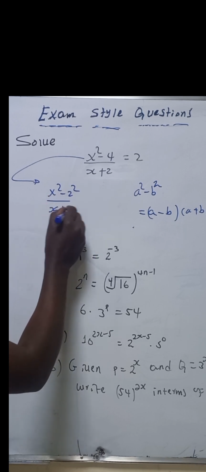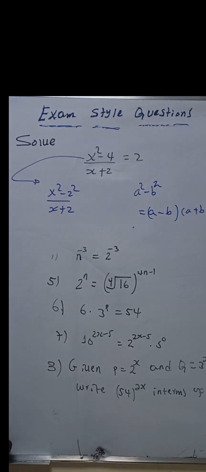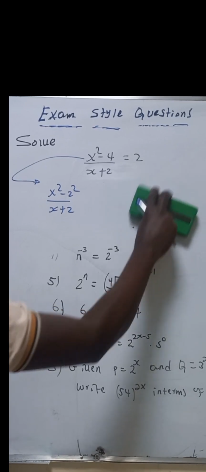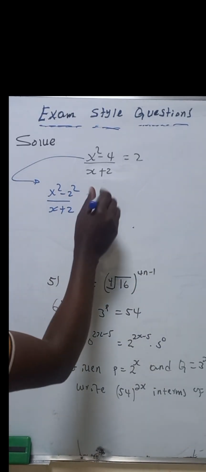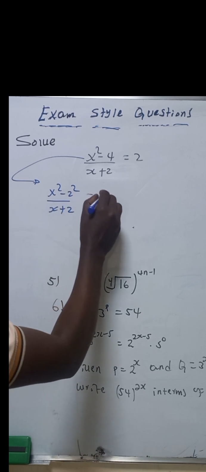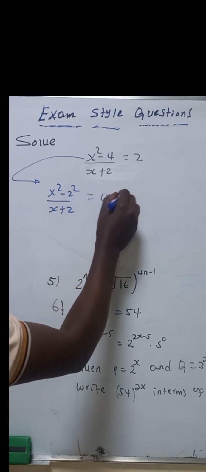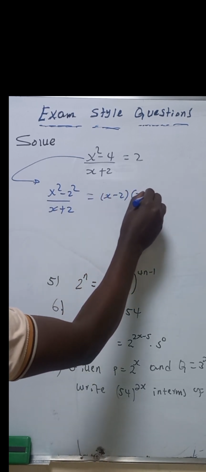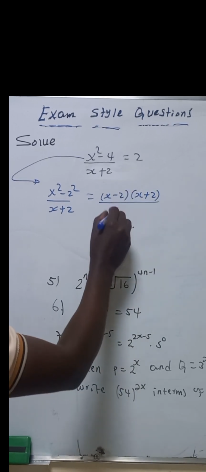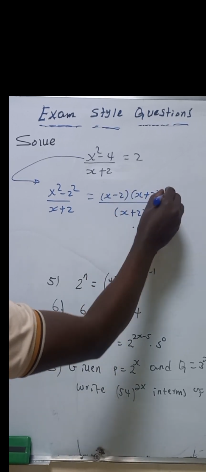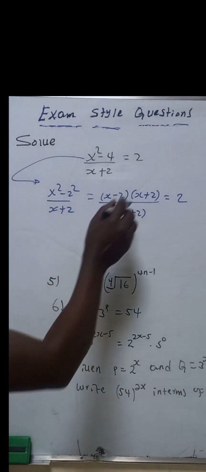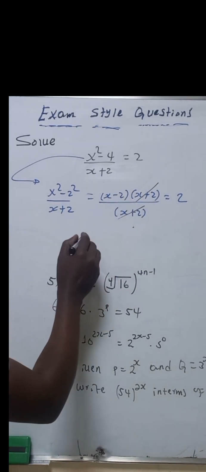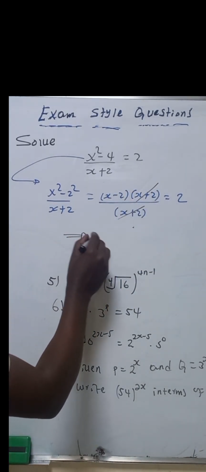X plus 2. And this is again rewritten as, this can be rewritten as what? Take the square of this x, take the square of this one, minus 2. Then you can write this x minus 2 into x plus 2 over x plus 2, which is equal to 2. So here what we have is the same, this one is cancelled by this one,